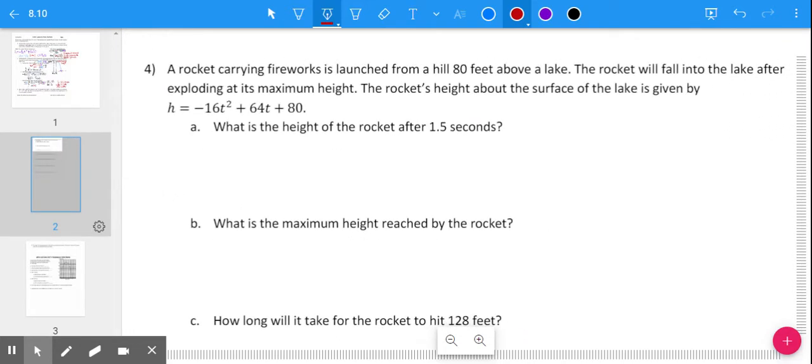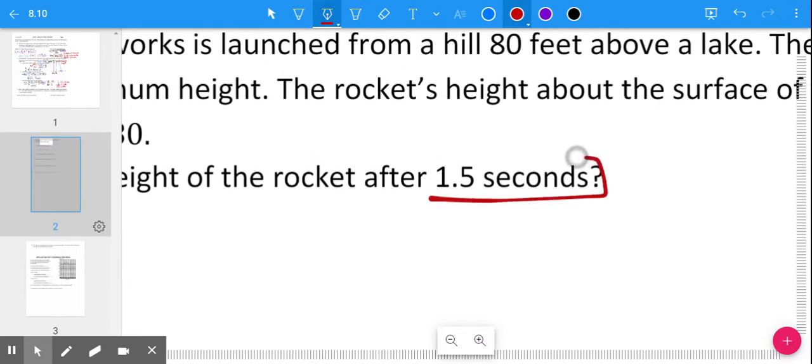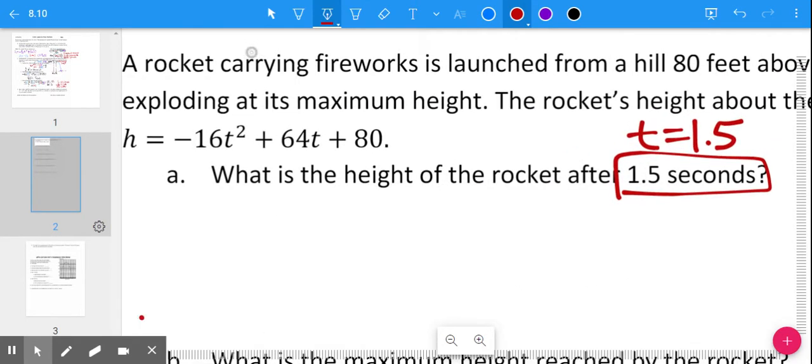It says a rocket carrying fireworks is launched from a hill 80 feet above the lake. The rocket will fall into the lake after exploding at its maximum height. The rocket's height above the surface of the lake is given by h equals negative 16t squared plus 64t plus 80. So it says, what is the height? So we're finding out our output, our h value, of the rocket after 1.5 seconds. So the amount of time is given to you. So t equals 1.5. So when we plug that into your given equation,